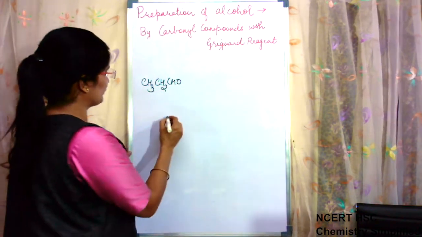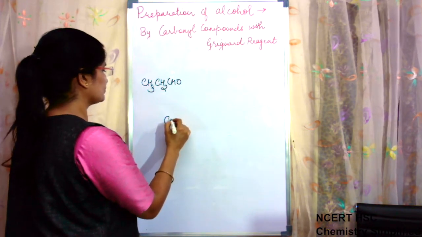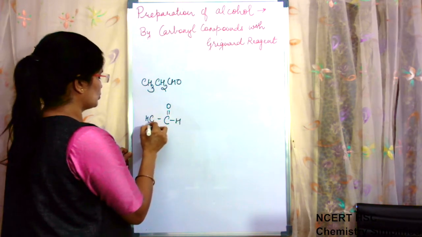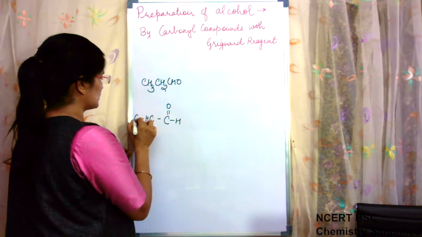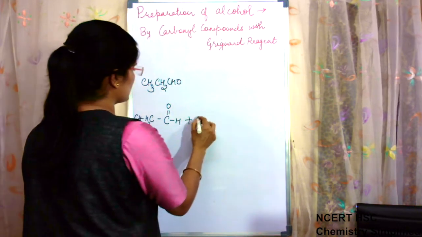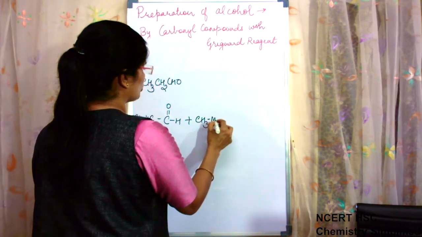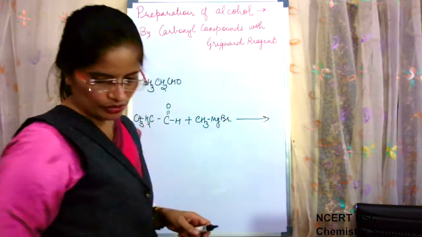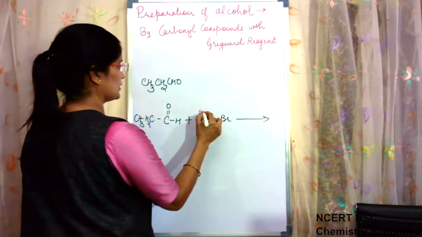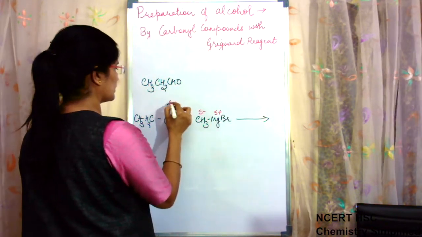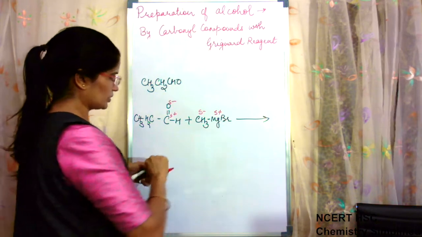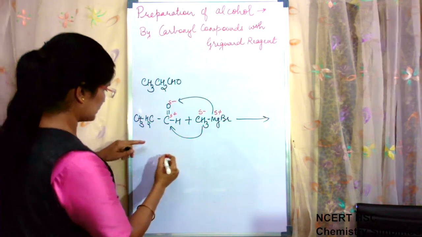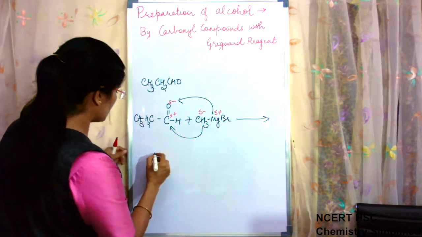If we take propanal, then C double bond O, H, CH2, CH3. When this reacts with CH3MgBr Grignard reagent, then also in the first step what is going to happen? Partial negative, partial positive, negative and positive. This will go to negative, this will go to positive, and this will be CH,